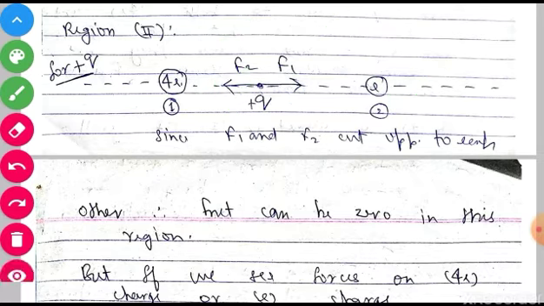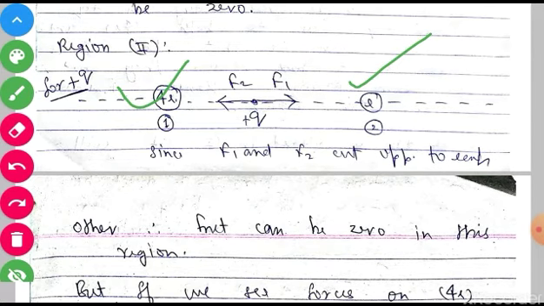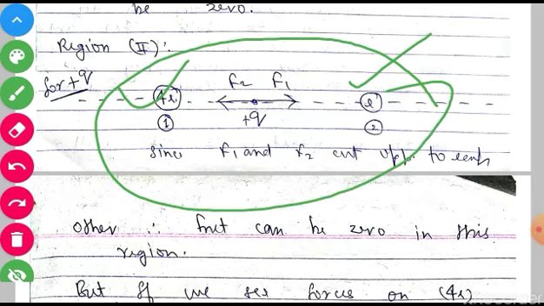Now, this is the case, but we should not be happy by seeing these two forces against each other only for this plus q. We also have to check the equilibrium of 4e and e also. Clear? Because we have to find the condition for the equilibrium of the complete system. Our whole system should be in equilibrium, not only one, all three charges must be in equilibrium. So if we place the plus q charge here, it is going to be in equilibrium, this is sure. At one of the locations it is going to be in equilibrium.